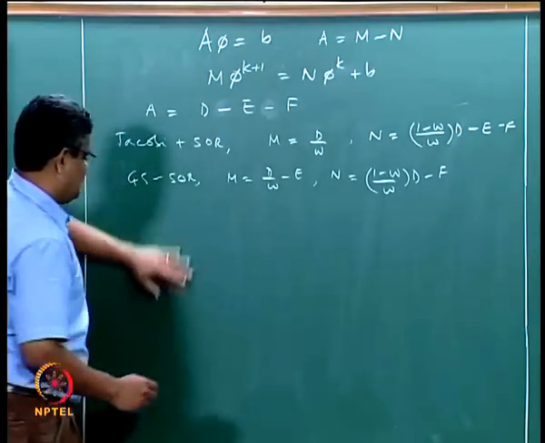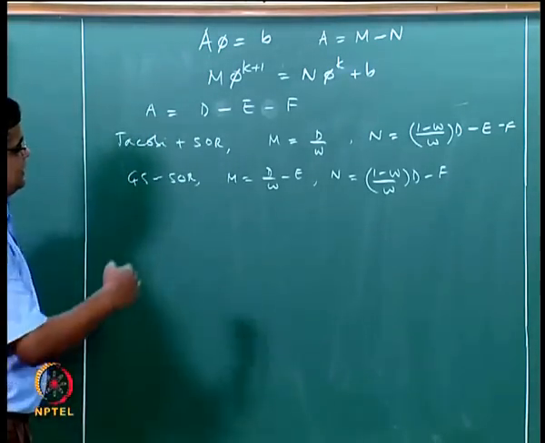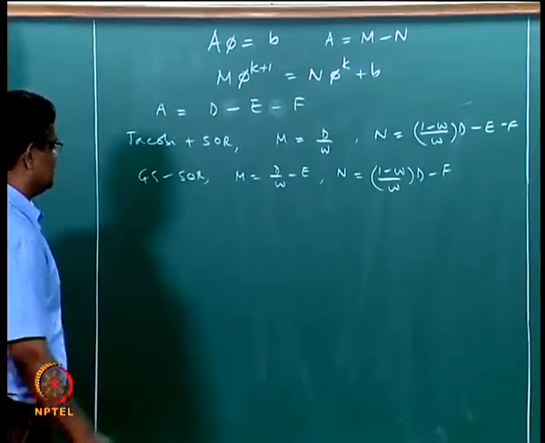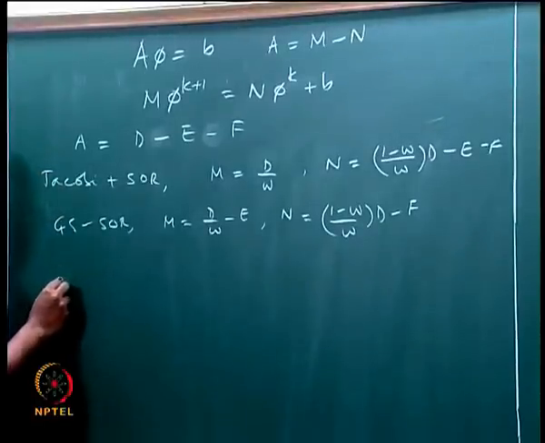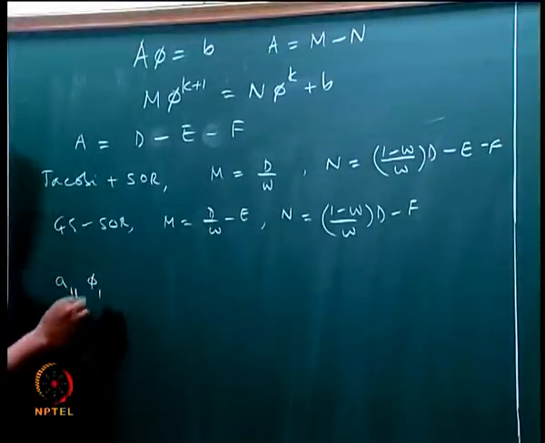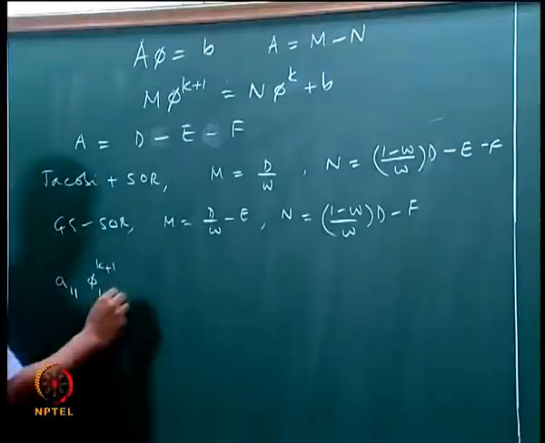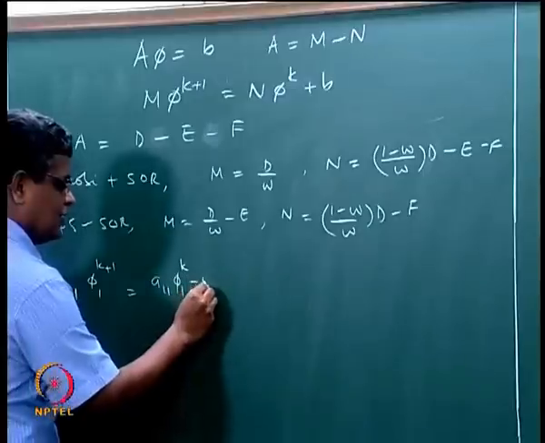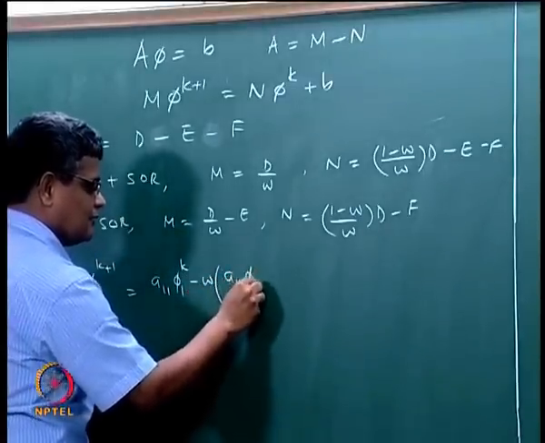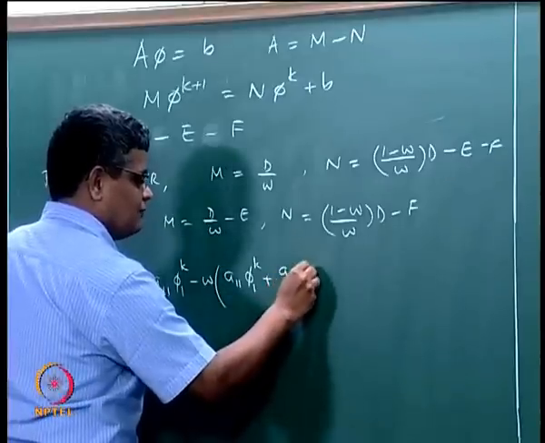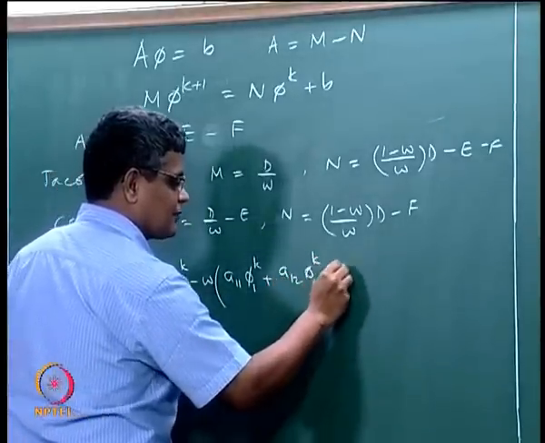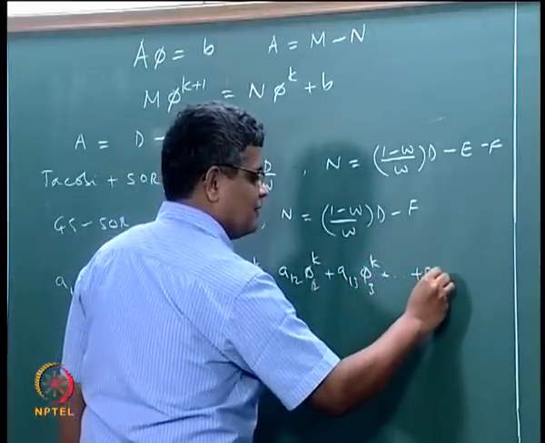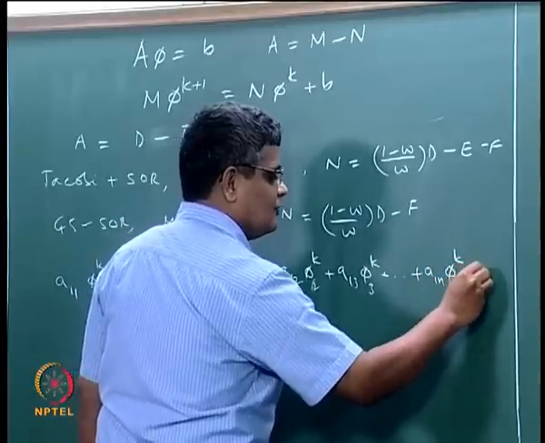So if we write like this, we can substitute these into the corresponding equation, but ultimately we can show that in terms of the computation, phi 1 k plus 1 is written as a11 phi 1 k minus omega times (a11 phi 1 k plus a12 phi 2 k plus a13 phi 3 k plus a1n phi n k minus b1),